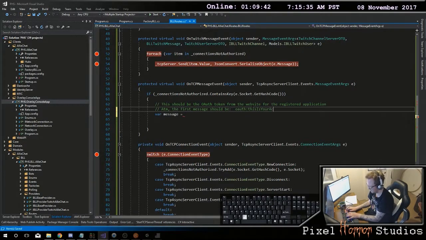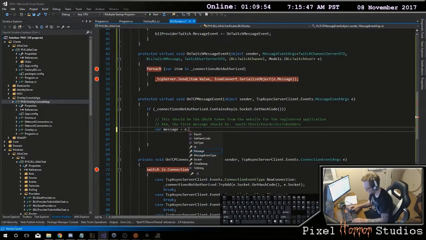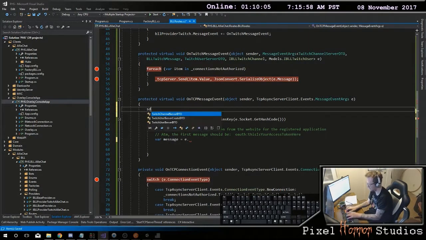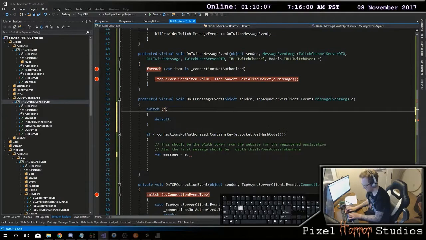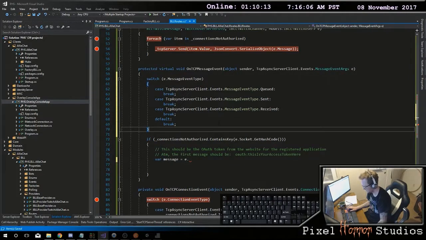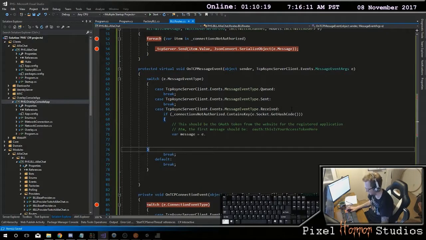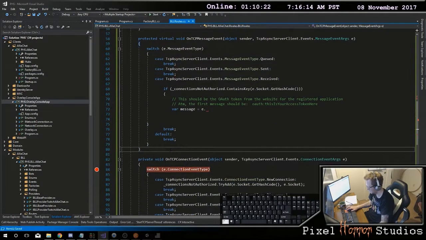This is your access token here. This one here is going to be the message, right? We also have something here called a message event type. What's that? If it's queued, perfect. So if this is received, now if this thing is not authorized, then